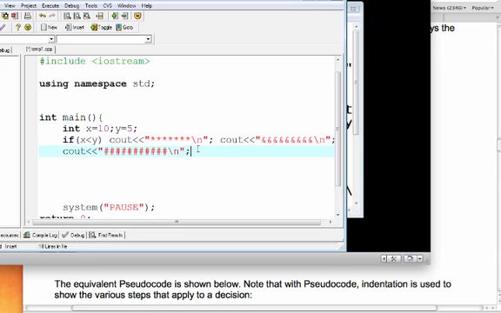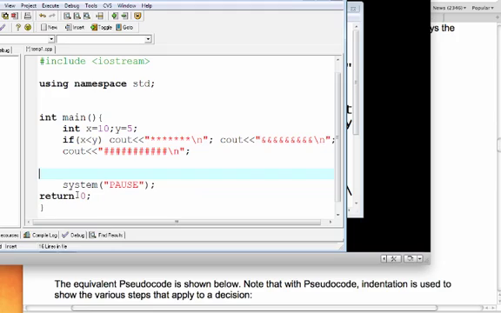Now let me explain what I have here. I wrote here if x is less than y, x is 10 and y is 5. So this is true or false. It's clearly false because 10 is not less than 5. So since it is not satisfied, it should skip